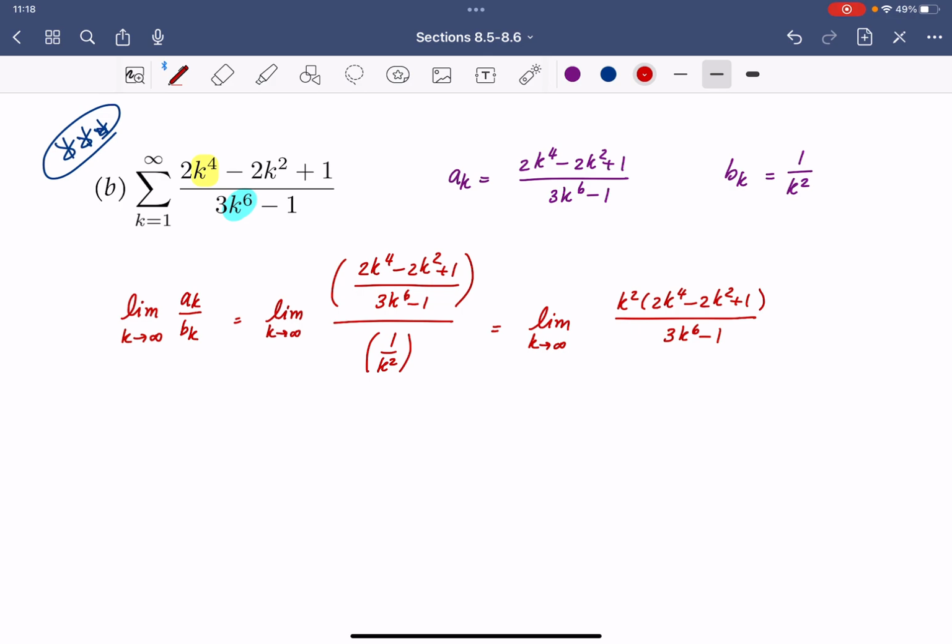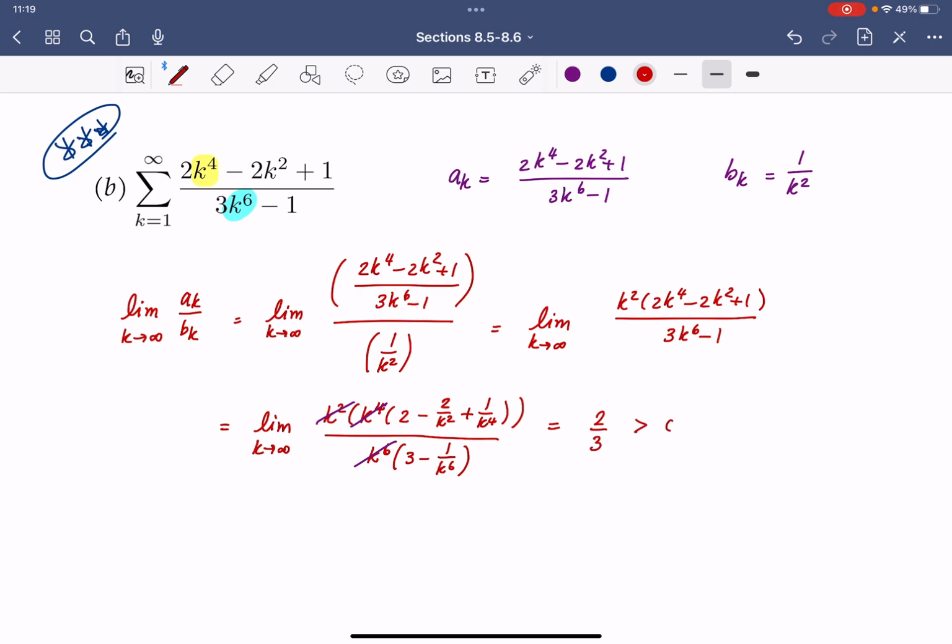And then now you pull out k to the 6th power. So it's going to be the limit as k goes to infinity. You keep the k squared there, and then you pull out k to the 4th power. You're going to get 2 minus 2 over k squared, plus 1 over k to the 4th power, and then the bottom part you have k to the 6th power times (3 minus 1 over k to the 6th power). Just the same technique as you learned before when you learned limits, and then you cancel, so k to the 6th, they are gone. And then now you have the limit is 2/3,